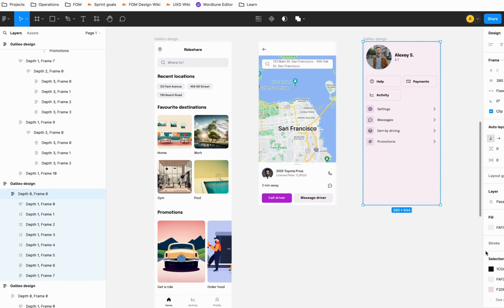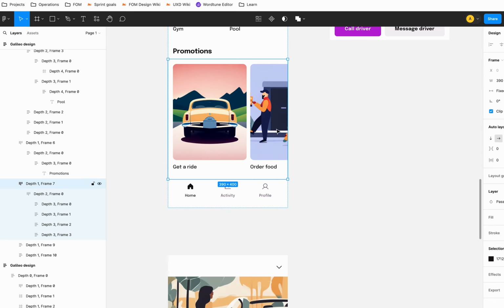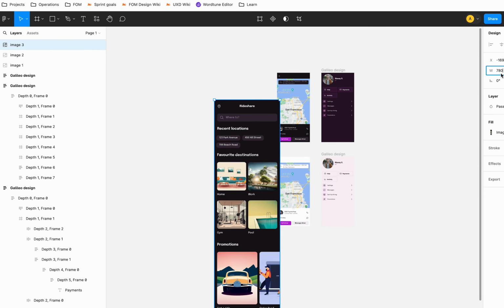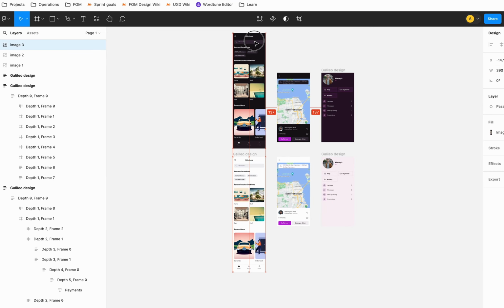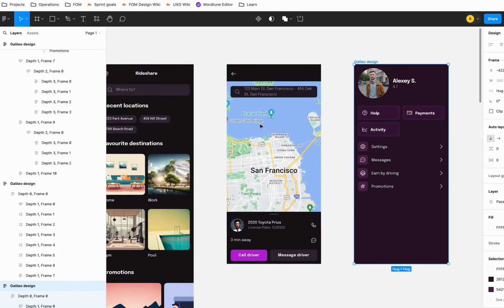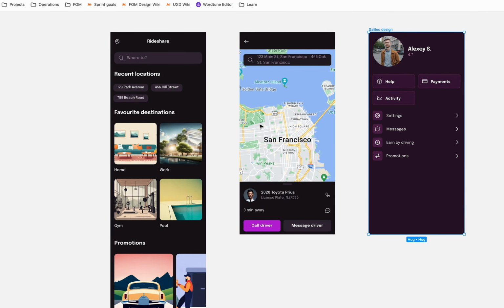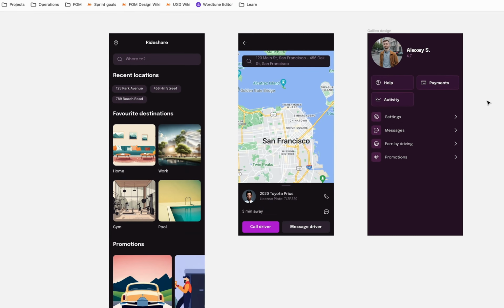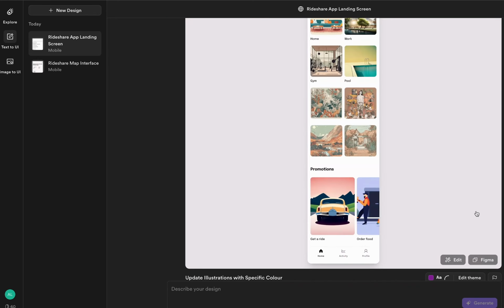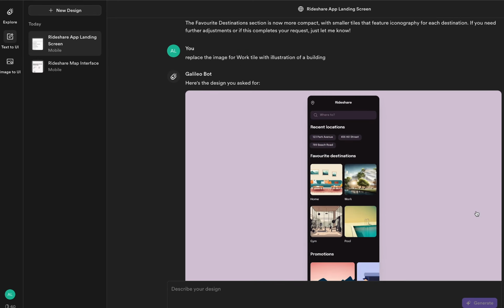Galileo generated the best looking UI that I've seen so far. Basic but polished with fewer mistakes to fix. I think this is a nifty tool not just for UI UX designers, but also for non-designers, as long as they know exactly what they want on the screen. It is an absolute must-have to check out, especially given the free subscription, which gives you plenty of credits to